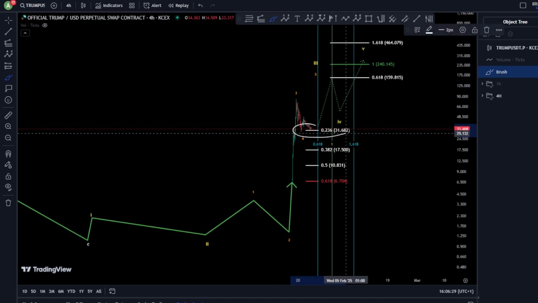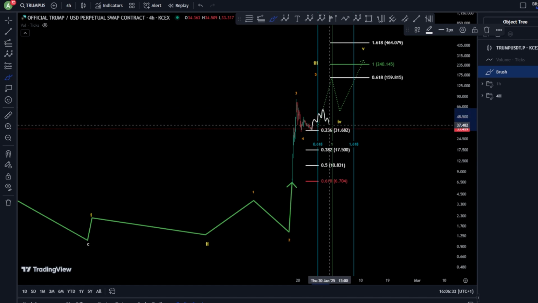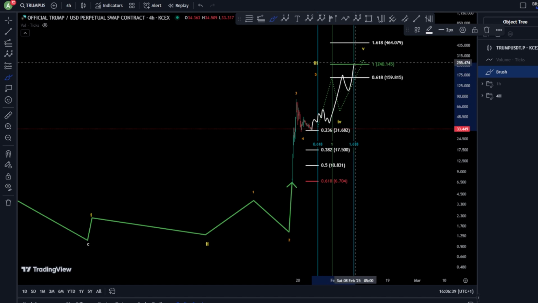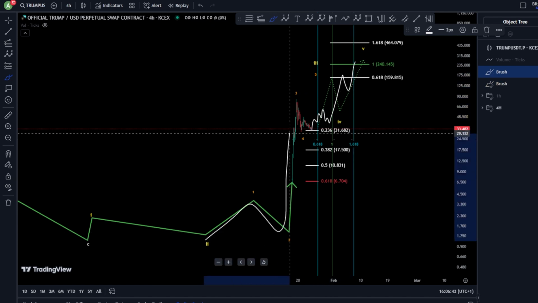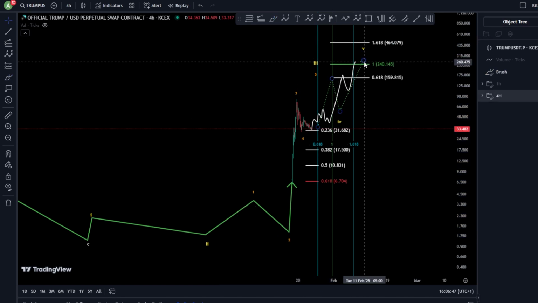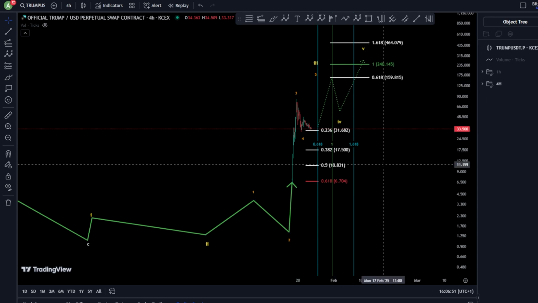Now it depends what happens here. If we see right now 1, 2, 3, 4, 5, 5 waves up, 3 waves down, it could be a continuation toward the upside as an impulse, reaching this target, finishing at least 1, 2, 3, 4, and a 5, and then possibly a continuation even for 5 higher. So of course, it still has potential.